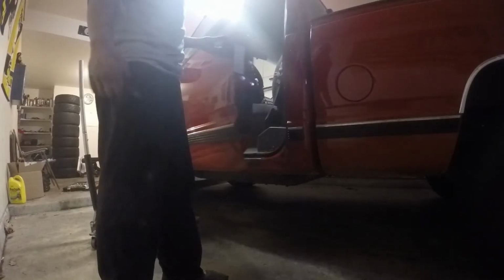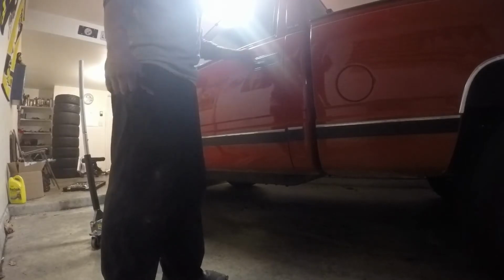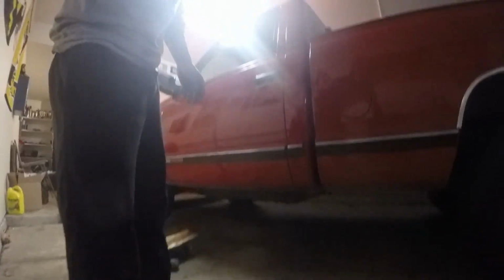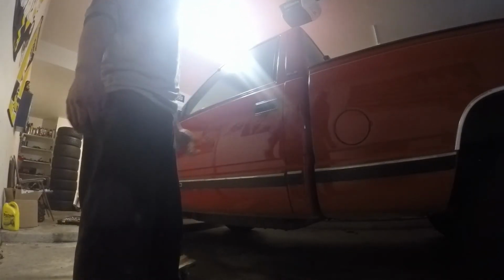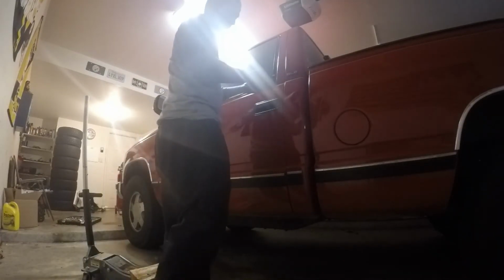Boom, fully closed. I don't have to fucking slam it anymore. That's what I used to do. So that's all I need right there. It's a little weak there, but yeah, before I had to boom, slam it just to get it to right up onto where it's supposed to lock in. But